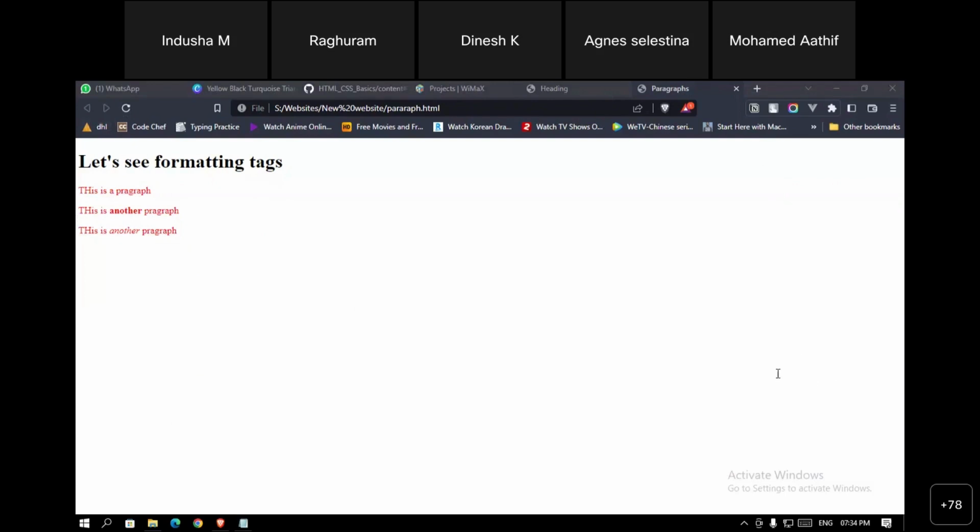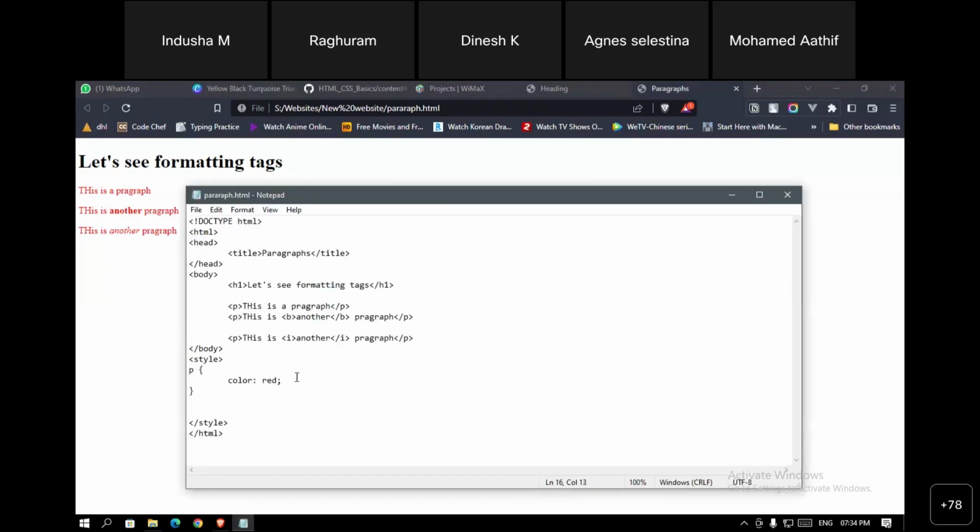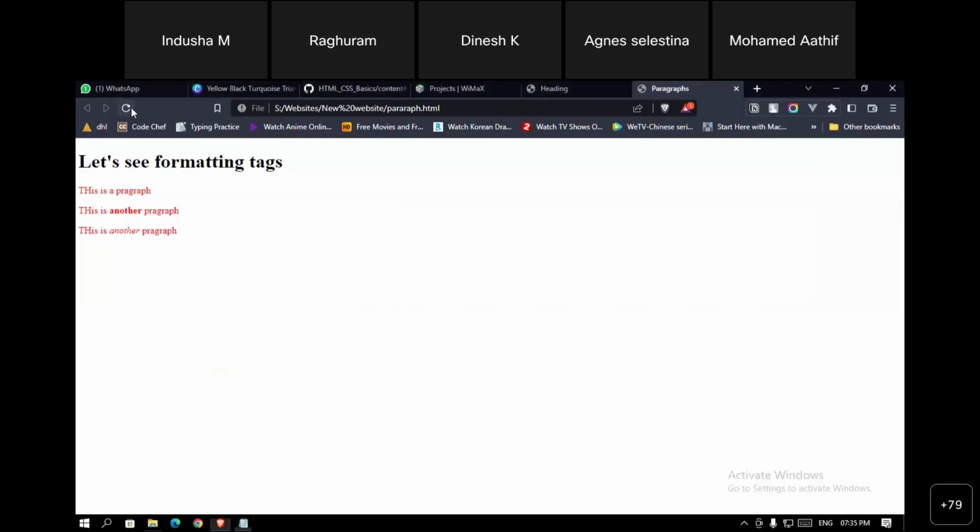How to add a background? So for adding a background, you can just use background color. If I want to give a background to the whole page, I will just refer to the body tag. So I'll give background color light blue. So once I save it,